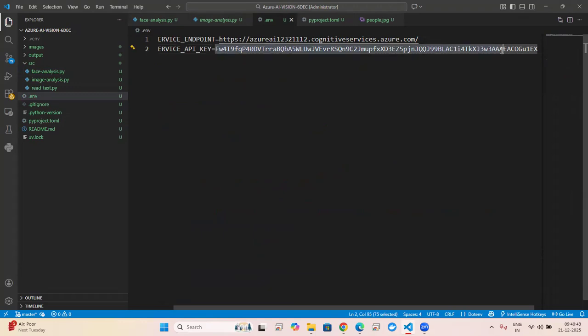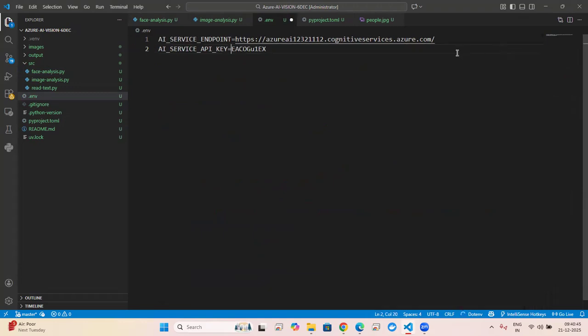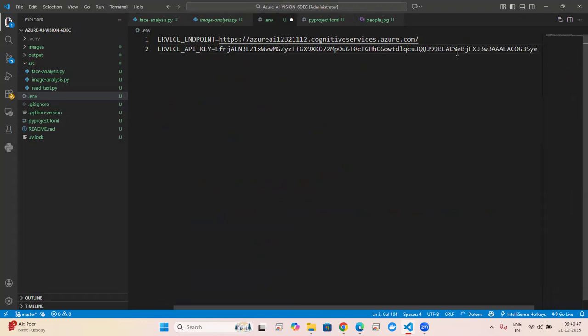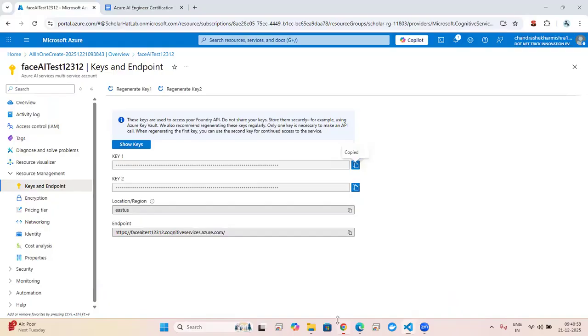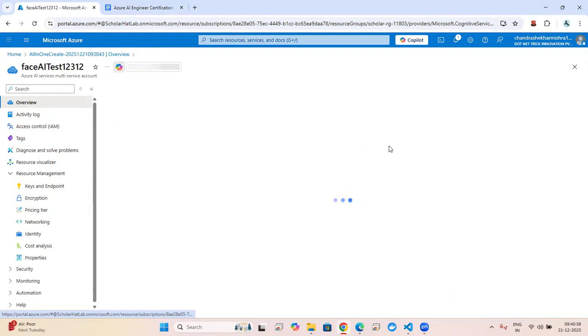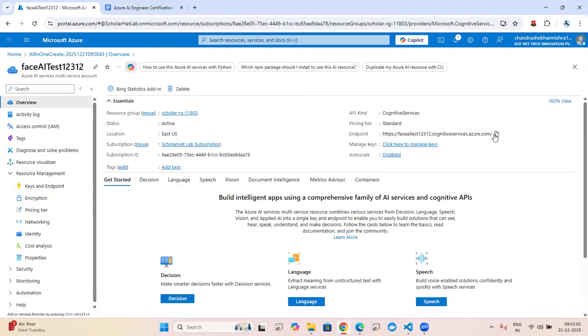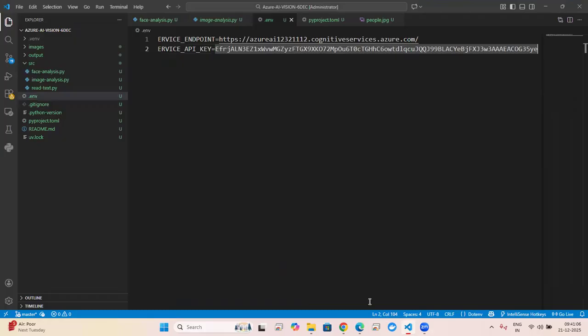This is the key. I remove this key and paste it again here, and I also change the endpoint. Where is my endpoint? Go to the overview. Okay, this is the endpoint. Copy